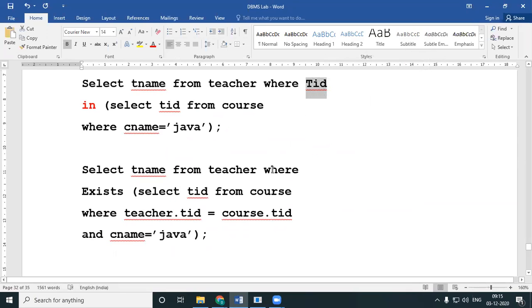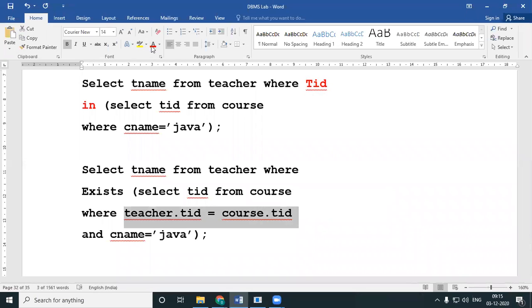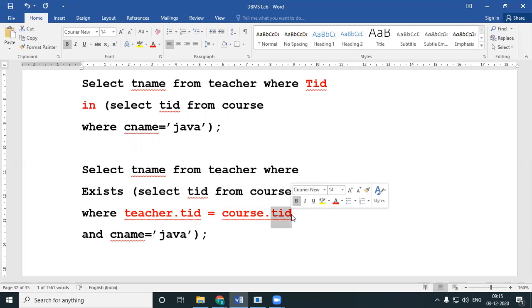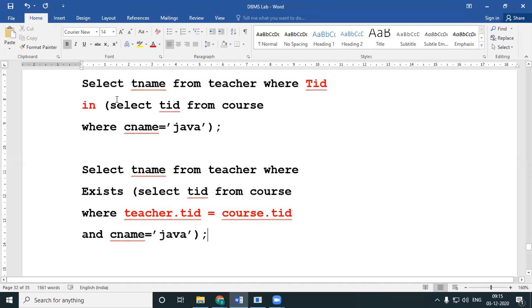Instead, inside the inner query, you replace this TID. I'll mark it in red. This TID, you will replace with an extra condition inside, whether teacher.tid is equal to course.tid. Mind you, you can check for equality only if the attributes are identical, or they are connected via a foreign key and a primary key.